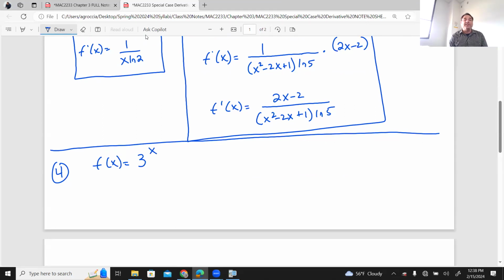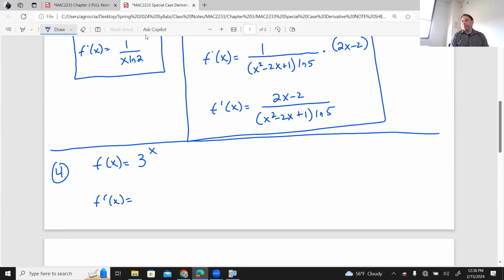It's not 3x. It's not x to the third. It's a number raised to a variable. So that is also a special case. Any number, any base, fraction, decimal, negative, whatever, raised to a variable, whatever the variable is, that's a special case as well. And here are the steps